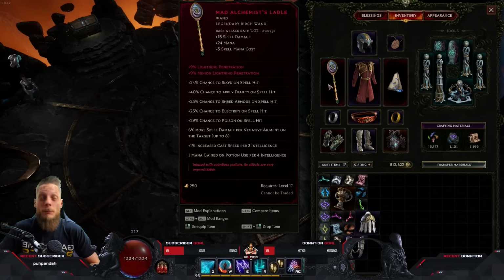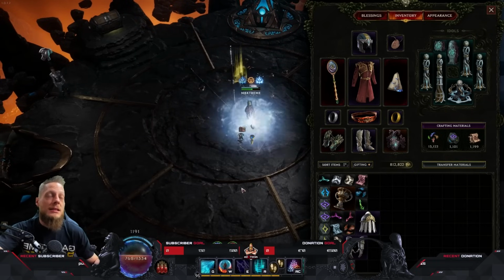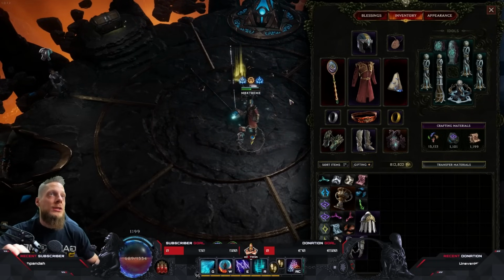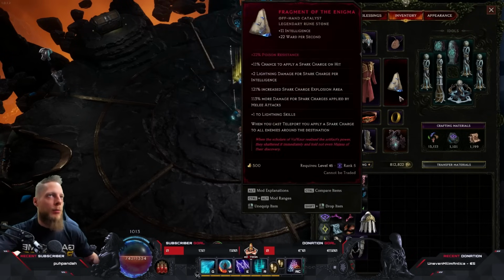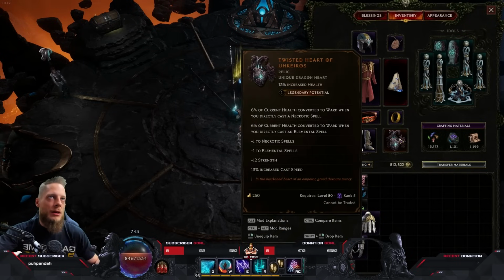Like, what, 48% more spell damage or something? 24, 48% more spell damage, and massive amounts of cast speed while just stacking intelligence, and this is also why I'm casting so ridiculously fast, and it's gonna be even faster once I'm getting more and more upgrades, right? Then the next good thing is here, the Twisted Heart of Ukeiros, and this basically makes